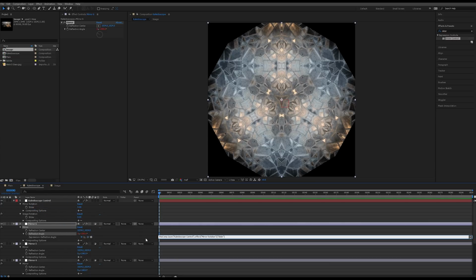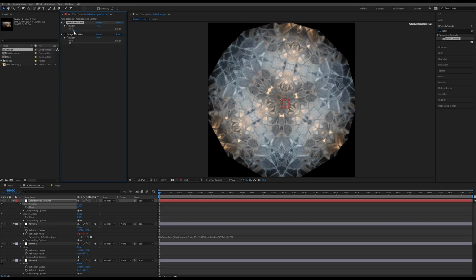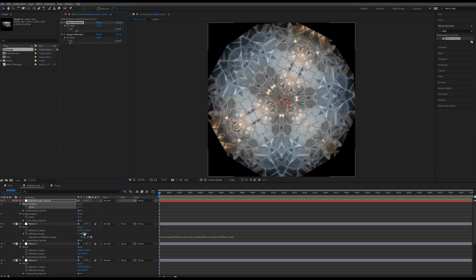And before we click enter, what we need to do is maintain the current degree that this reflection is offset by. So we want to actually add that degree back onto this expression. Then click the numpad enter key. So notice when we go up into our kaleidoscope control, we can open up our sliders here. When I move this number, you look down here, this one is always 300 more than this one. So it's always going to be rotating by 13 plus 300, okay?